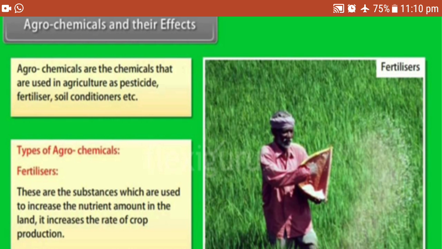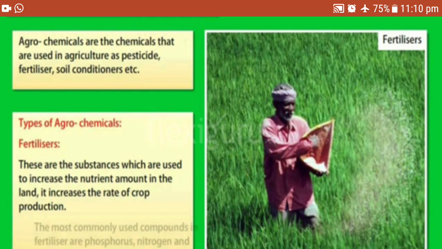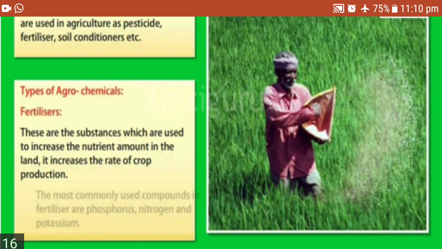Fertilizers are substances used to increase the nutrient amount in the land. It increases the rate of crop production. So fertilizers make the soil fertile, and pesticides and insecticides kill the pests and insects, all of which are harmful to the environment. The most commonly used fertilizer compounds are of phosphorus, nitrogen, and potassium, which we call